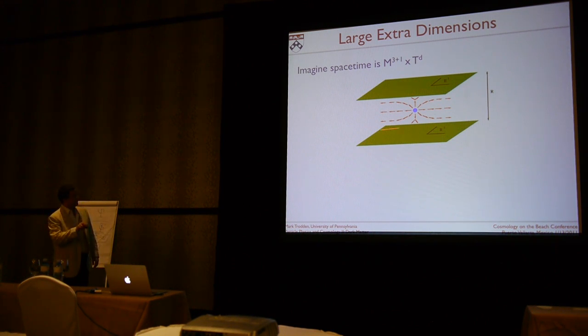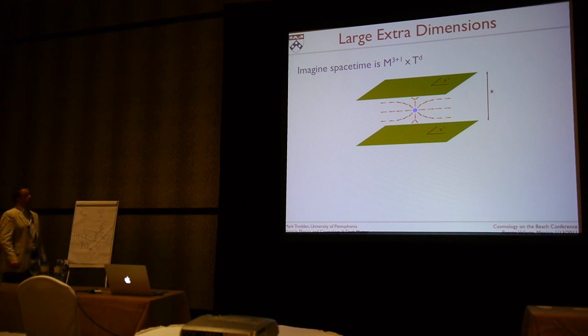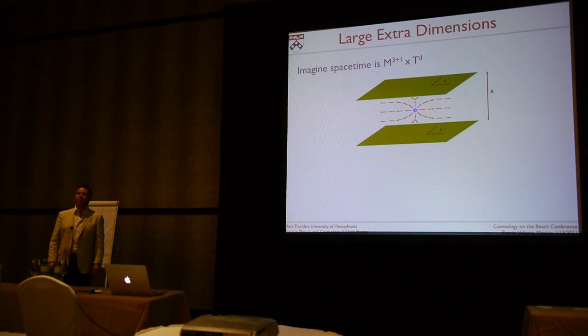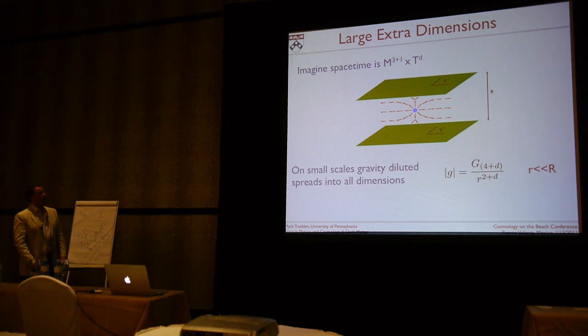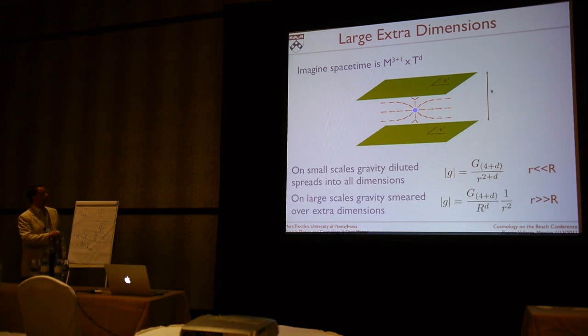So we live in 3 dimensions. If you have a particle sitting out in the bulk, and you're asking what its gravitational effects are, then the easiest way to think about what the gravitational field looks like, what the gravitational force looks like, for me at least, is to think of Gauss's law. So flux spreads out from this particle. Now if you're on very large scales,